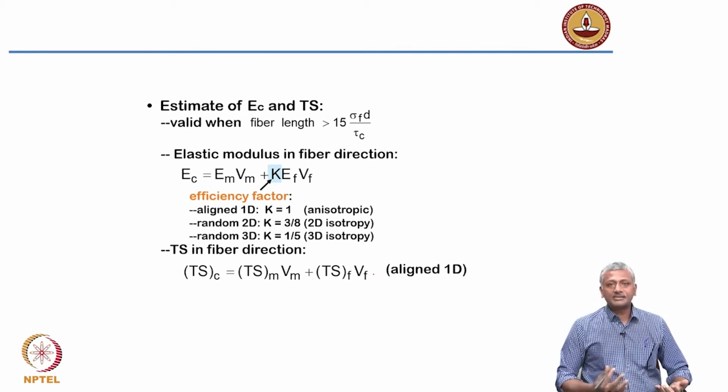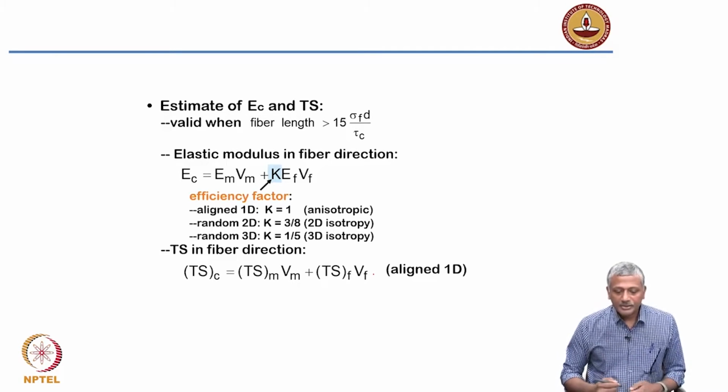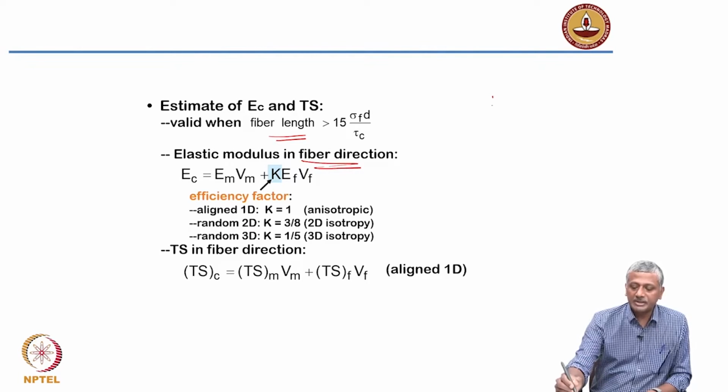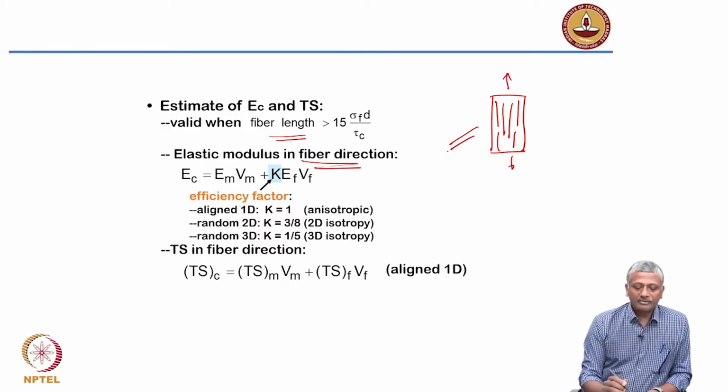Again, you can apply similar rules as you did in particulate composites with respect to calculating the net composite modulus or net composite engineering properties. Okay. So for fiber lengths which are high enough, you can actually apply these sorts of equations in the fiber direction, that means in the longitudinal direction of loading. So in this direction, you have modulus of elasticity of the composite equal to modulus of elasticity of matrix into volume fraction of the matrix plus volume fraction of the fiber into modulus of the fiber into a factor k,